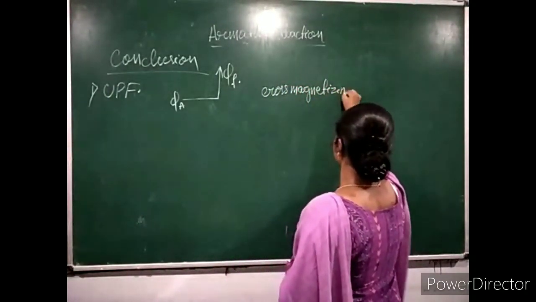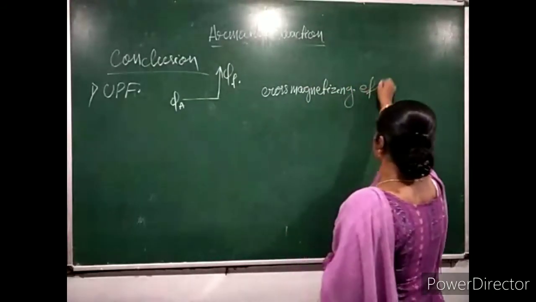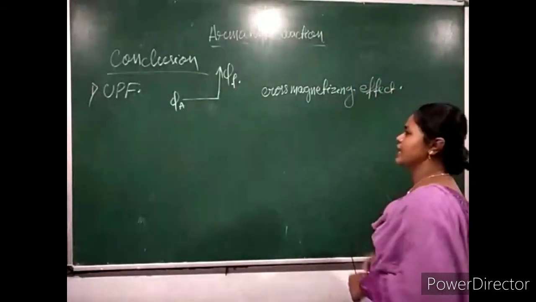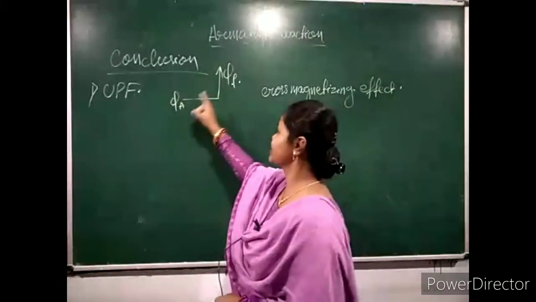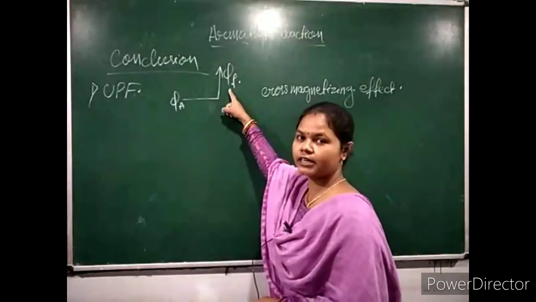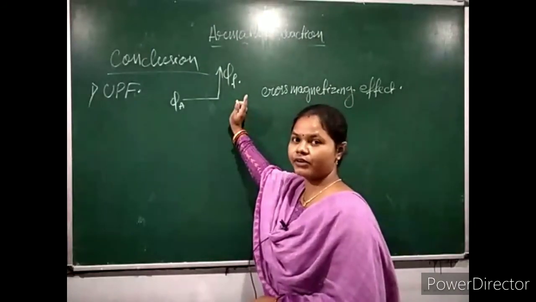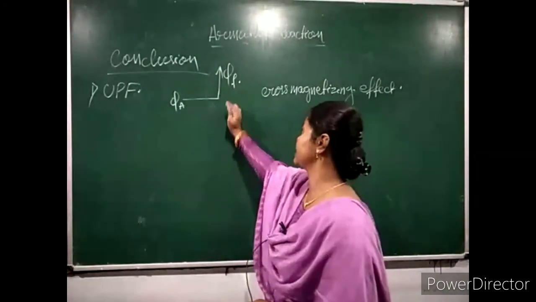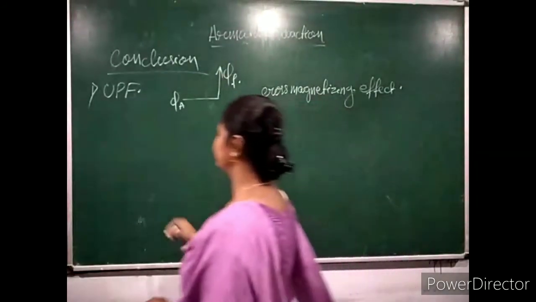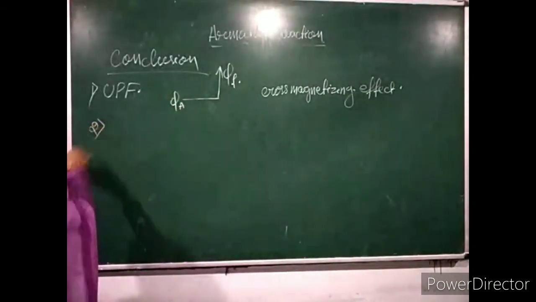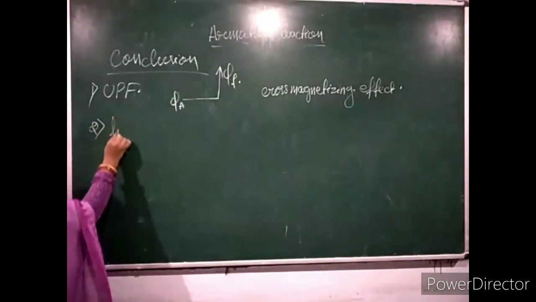It means the armature flux doesn't suppress the field flux, but it only distorts it, and the average value of flux is constant here. Then second thing we have learned, in lagging power factor,